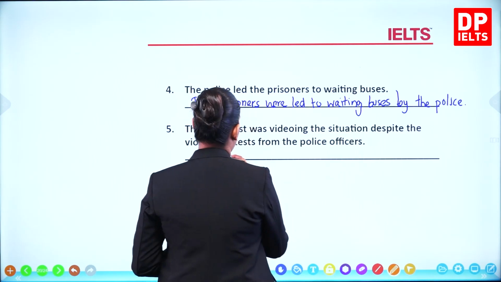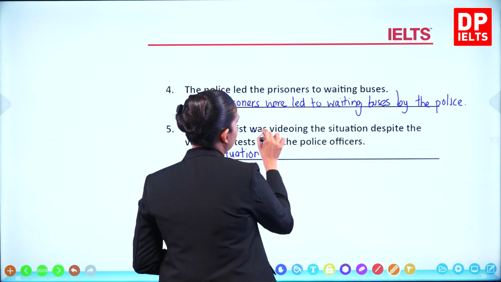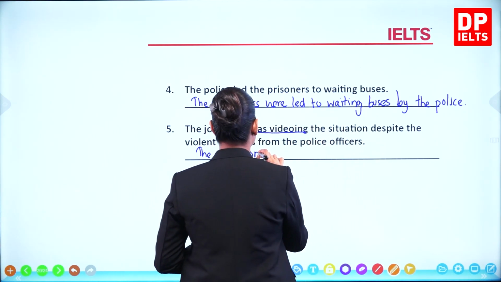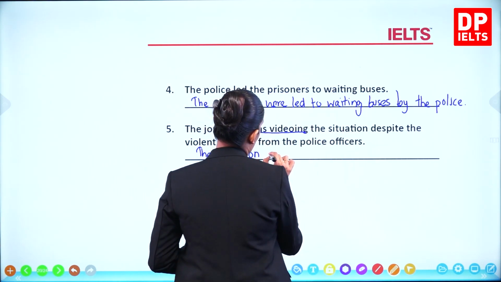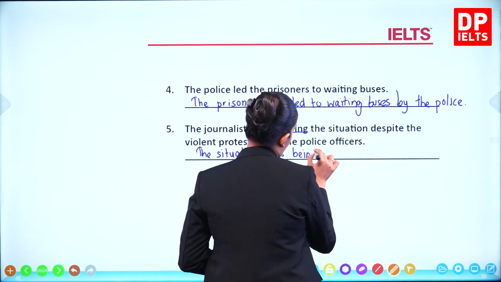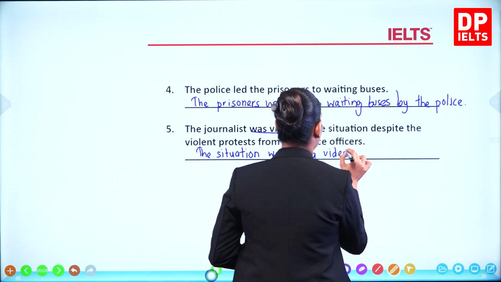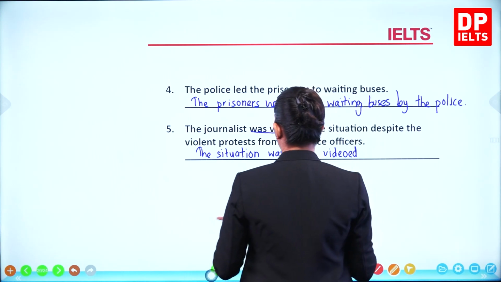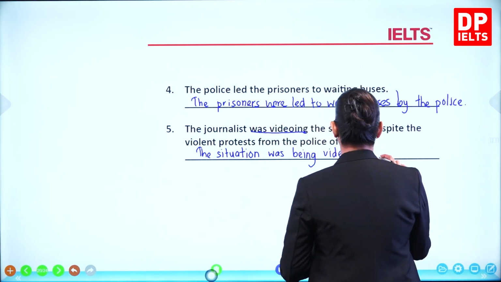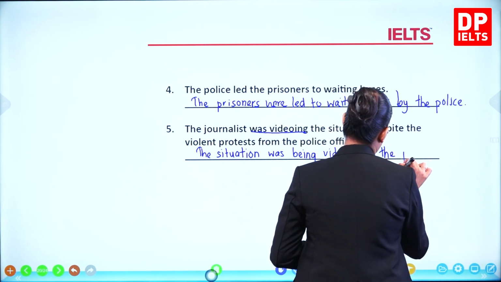Right, so let us say this one. The situation was videoing is past continuous, so it has to change into the situation was being videoed, right? The situation was being videoed by the journalist